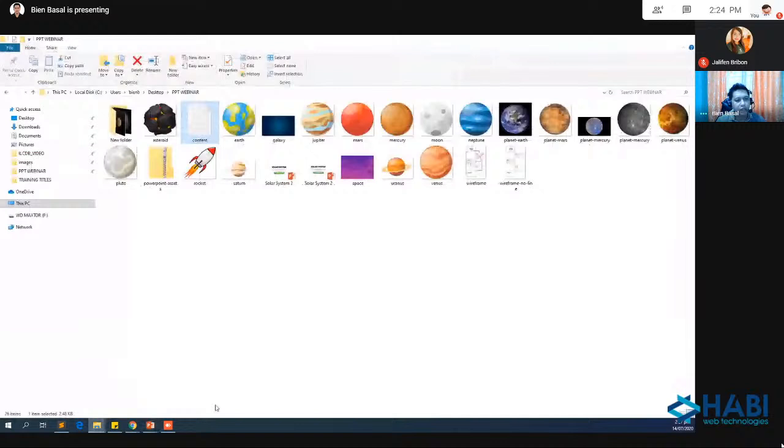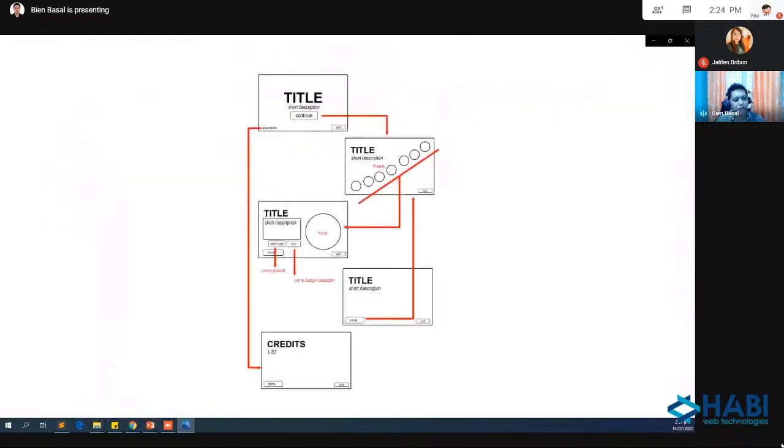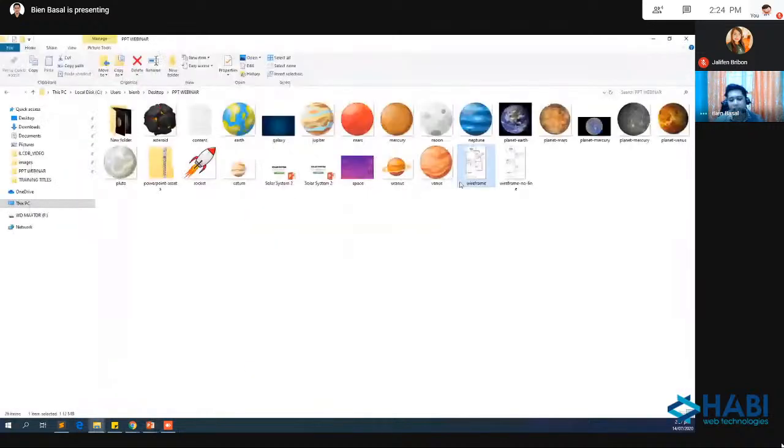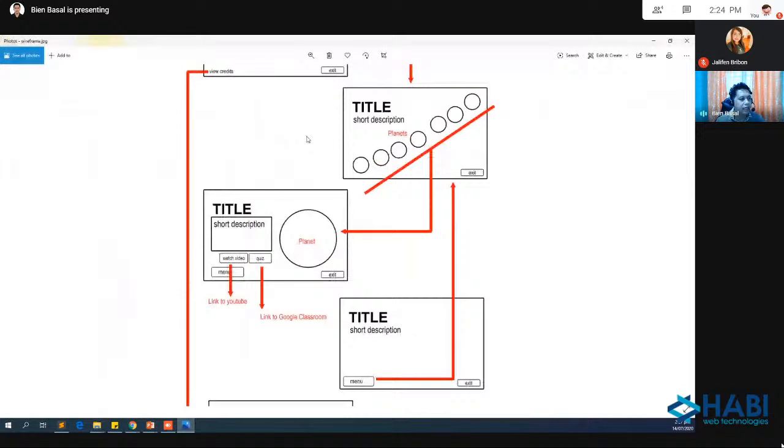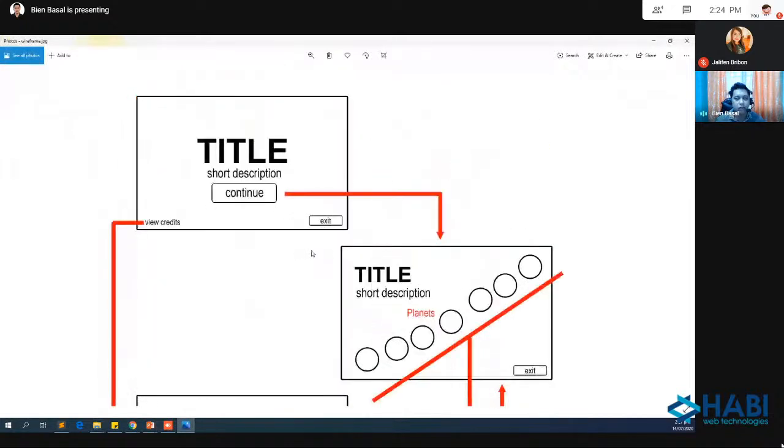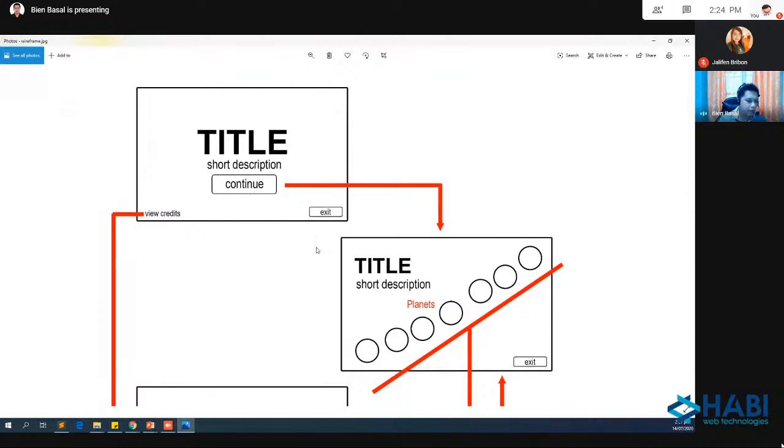Yan. Kung na-download nyo po yung file, meron po kayo diyang file na kung tawagin po is wireframe. Wireframe.jpg. Ano po yan? I will show you. Pag gumagawa po ako ng wireframe po ito or parang, kung tawagin po sa iba, yung parang storyboard. Yan. Okay? Storyboard po siya.